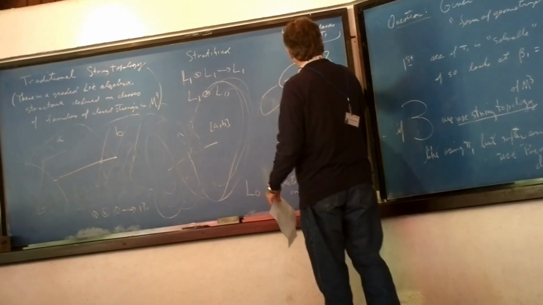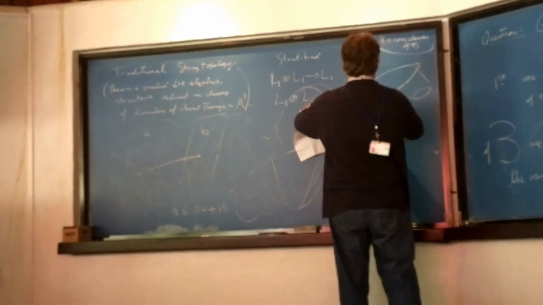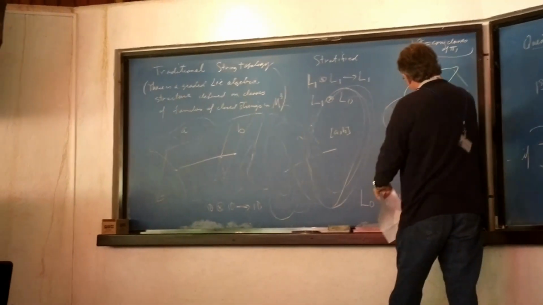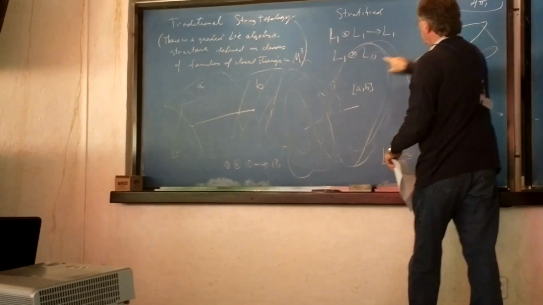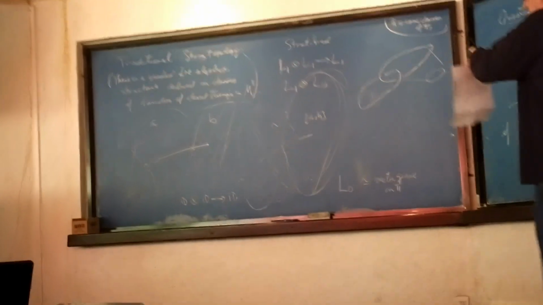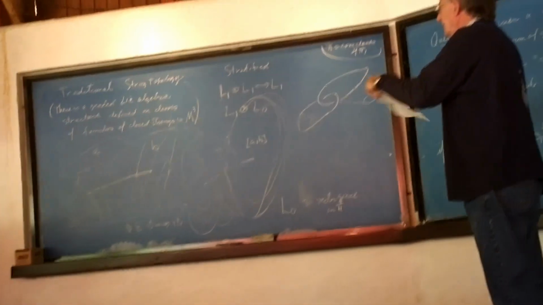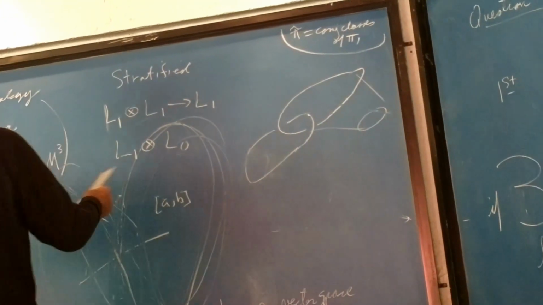So this would be an element in the one-dimensional family, and this would be an element in the zero-dimensional family, and where it pulls across, you would get an intersection, and you would form this product, and get something here. Right, so it measures how things are linked and tangled in the manifold, but it's organized into a nice